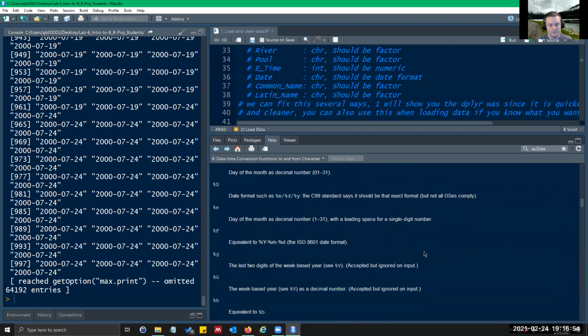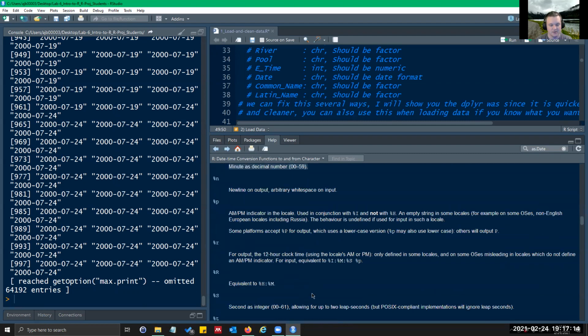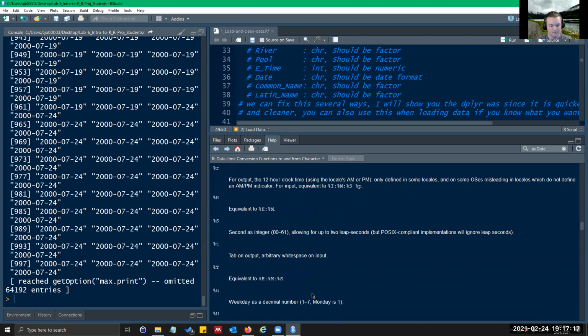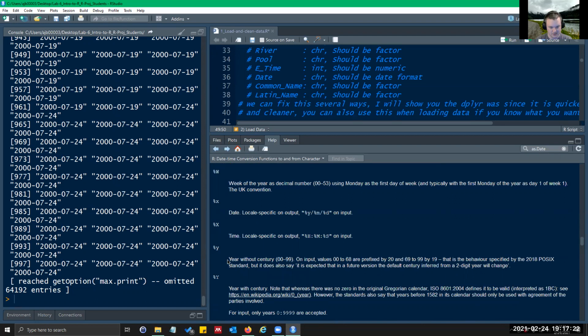And so on. So M, little m, is the decimal number, so 2-digit number for month 1 through 12. Capital M is actually minutes. Sometimes there's time in there. But you would just sort through and find this. So lowercase y is the 2-digit year. We're using capital Y as the 2 or 4-digit year, and so on.